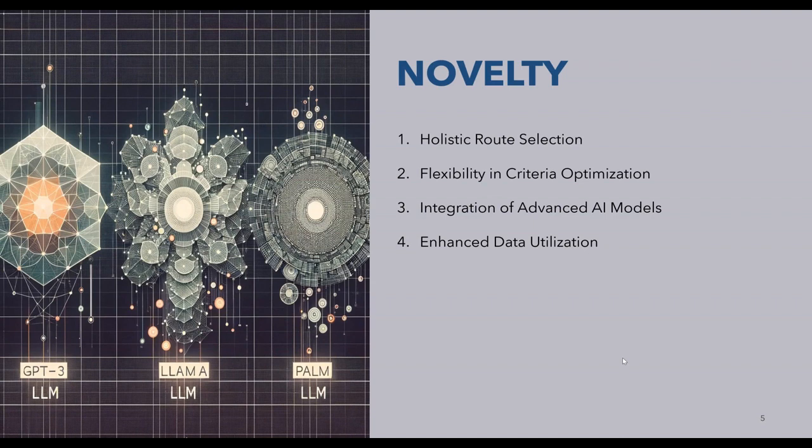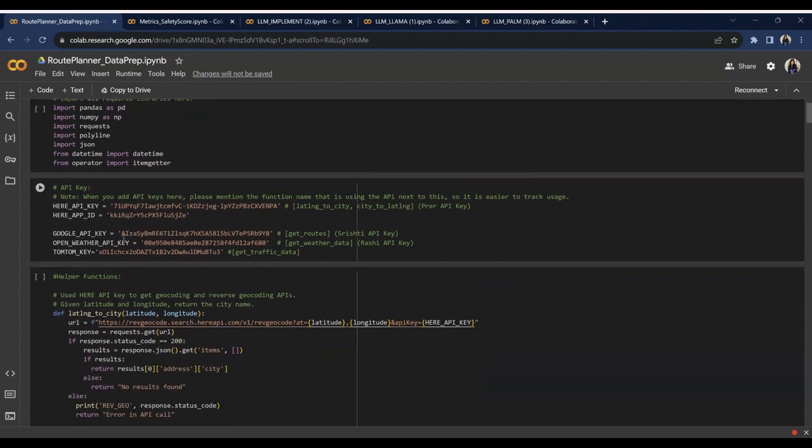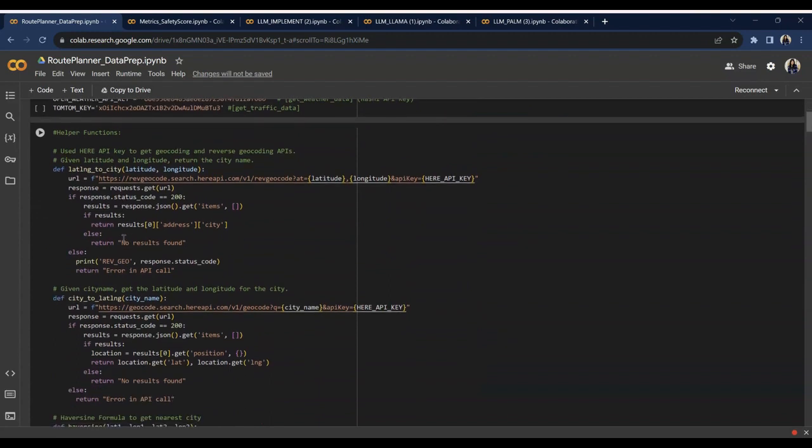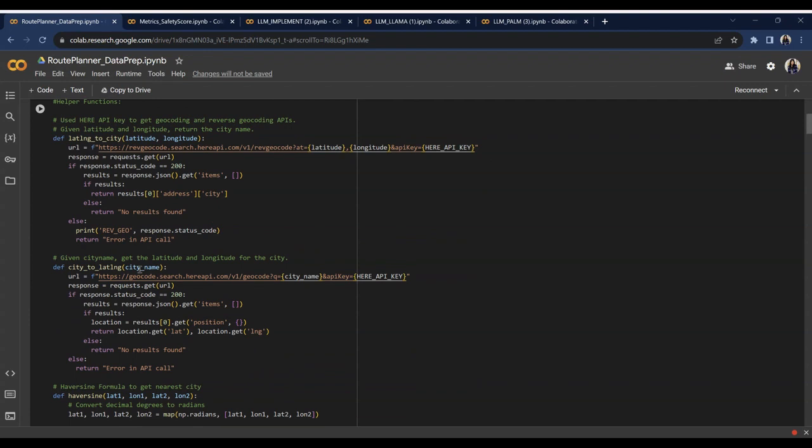Fourth one, enhanced data utilization. So the improved alignment and context awareness. This is the Python file which we use to make the data frame which we fed to the LLMs so that we can train the LLMs according to our prompts. First we are installing the required libraries, and here are the key API keys which we are using in the file. Then coming to the functions, the below functions collectively allow you to convert between geographic coordinates and